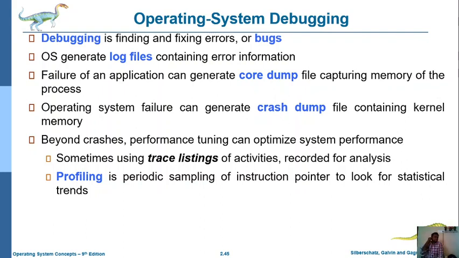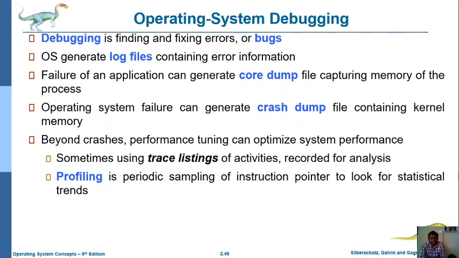And in this process, in case a crash occurs, then performance tuning of that particular operating system or system is implemented. Based on this performance tuning, we can optimize the system performance. That means we can try to control or rectify whatever bugs or errors occurred. Such things can be easily captured and rectified with the help of information like core dump and crash dump information.